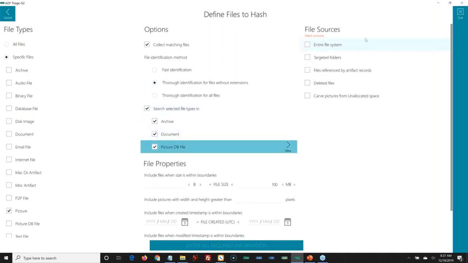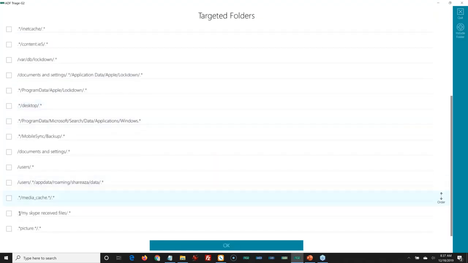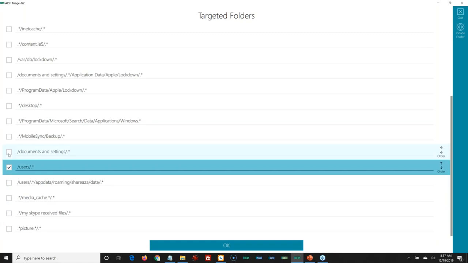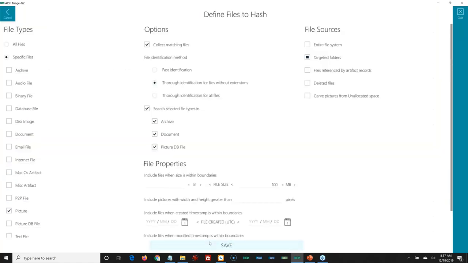And then file source: where do I want to target my search on this computer? If we're doing a quick down and dirty, I could go into targeted folders, and we give you Users and Documents and Settings here, so you don't have to create this. If you select those, you've now targeted the user profiles on any computer that you're going to run it on. So you're not doing the entire file system, you're targeting the user profiles where this evidence generally sits.